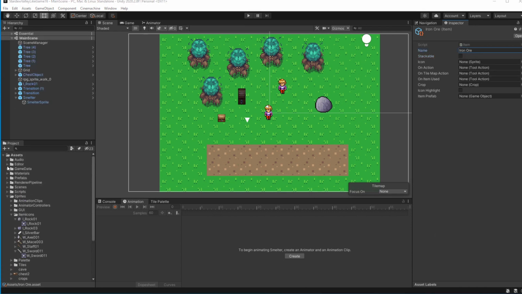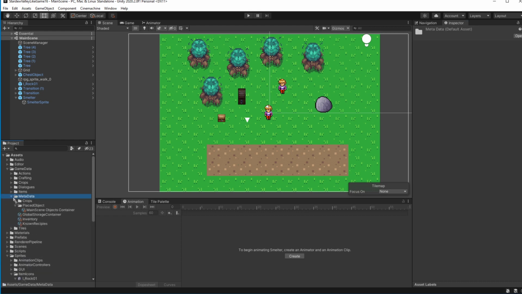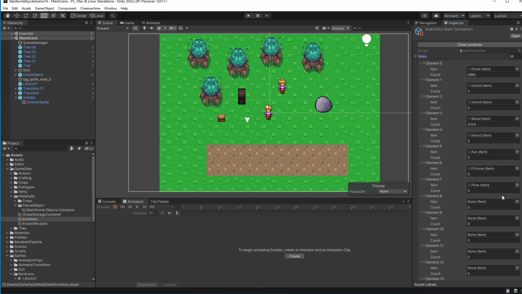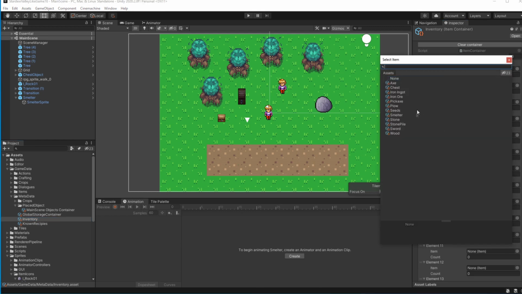Good. Now we want to make it so when we have iron ore, we can convert it into iron ingot by smelting it. Let's add the iron ore into our inventory.